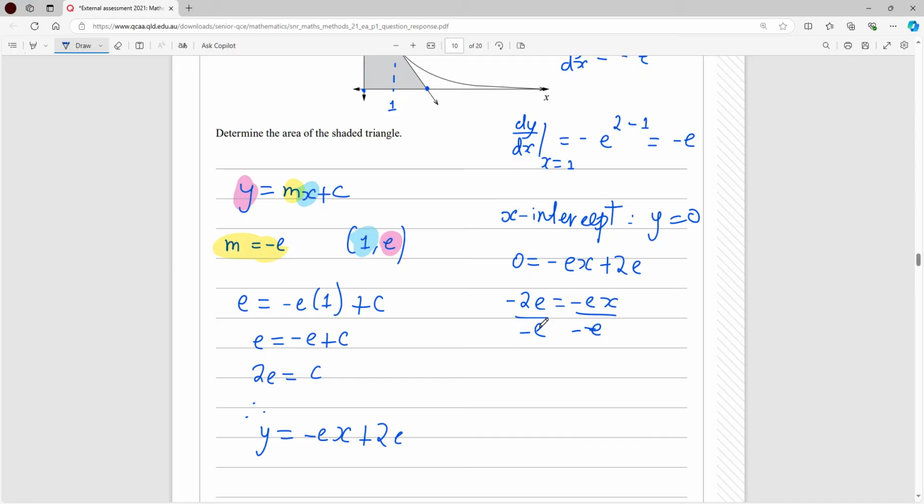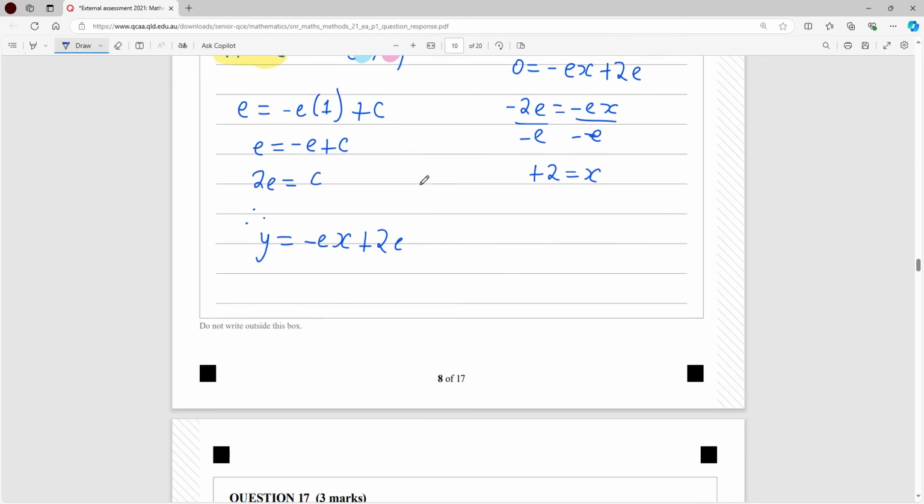So that e will cancel out, and the negative will turn positive, so it'll be positive 2 equals x. So that point there is (2, 0), okay? So the area under this curve will be the integral from 0 to 2 of negative ex plus 2e dx,